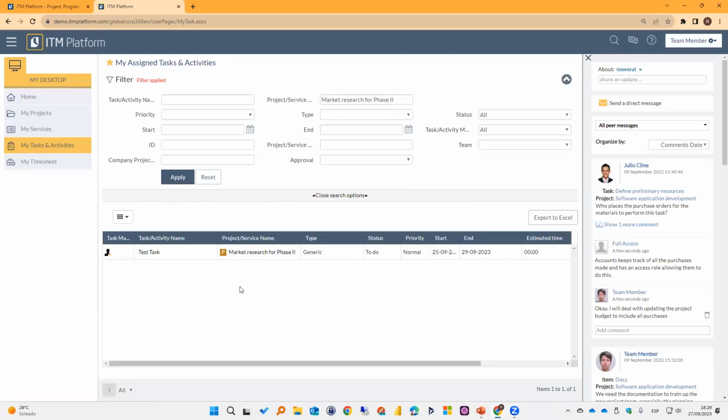Well, I wanted to show you that extra icon that this task has been assigned to me, but in addition to being a team member, a regular team member, now I'm a task manager, okay? This will allow me to set the progress, okay? First, let me show you the time capture, and then I'm gonna show you how to enter the progress for the task. If I go to my timesheet,